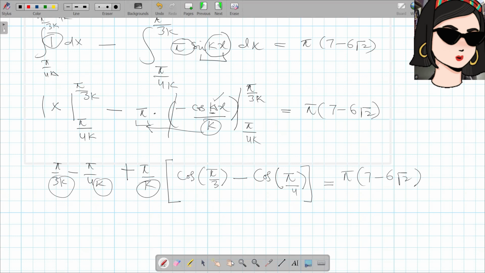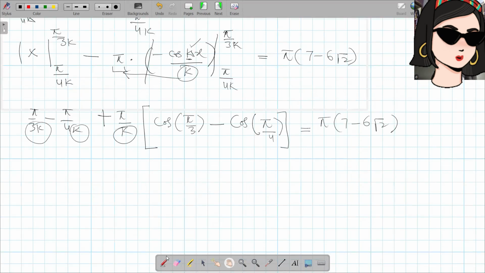Yeah, that's all fine. So if you need k, then k will be equal to pi over 3 minus pi over 4